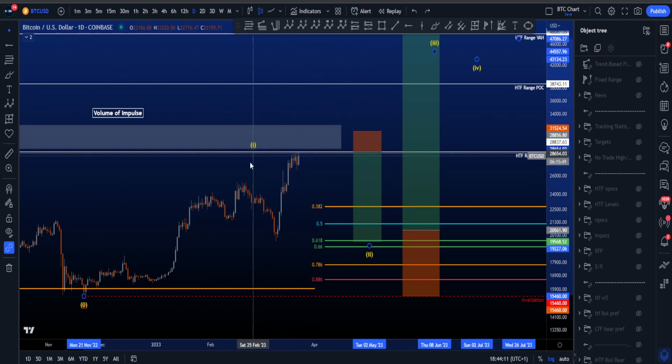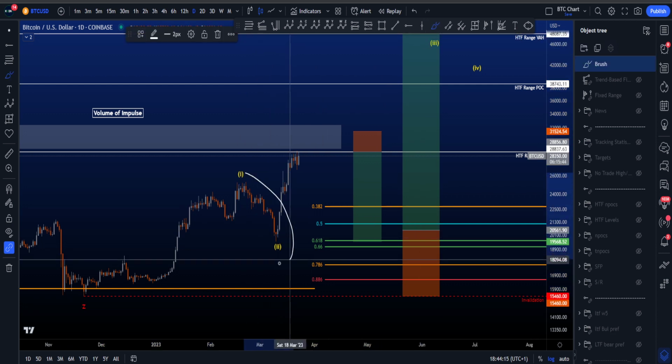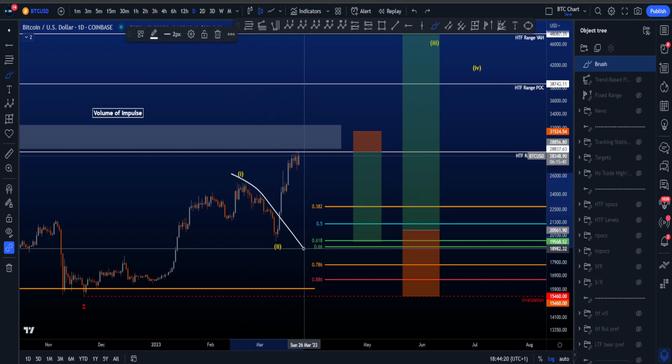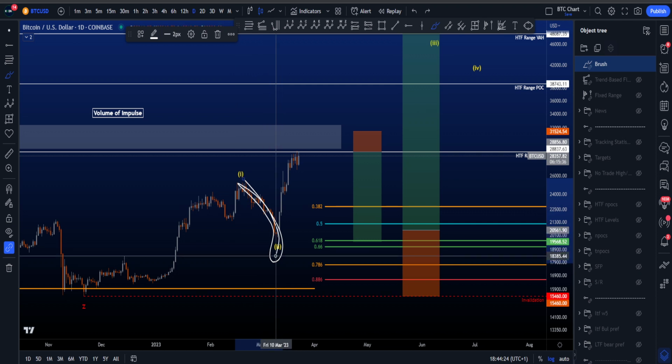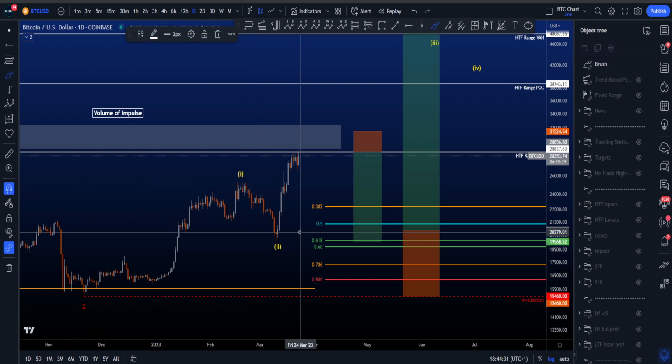Now one could also say, hey, wave 1 could be over here, wave 2 can be this low over here. Yes, that is possible. However, this wave 2 is very short in time compared to wave 1, which is very unusual. It only is 23% of the time it took for wave 1 to form, and usually wave 2 is at least 38% of the time that it took wave 1 to form.